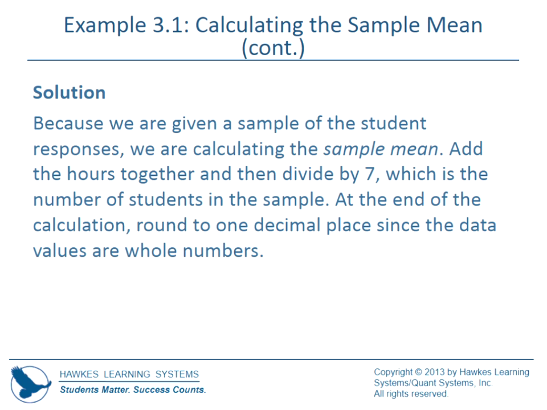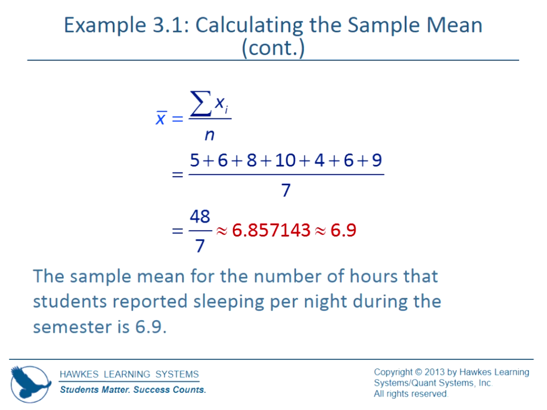Because it's a sample of student responses, we're going to do the sample mean. But remember, guys, I told you that really doesn't matter for this type of mean. Sample mean and population mean are almost the exact same thing. The only thing that's different is whether we're talking about a sample or a population. We do the same math each time. So what we're going to do is add the data values together and divide by 7. We're seeing that the answer is